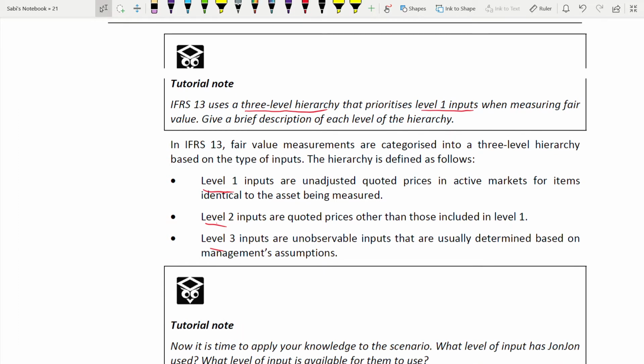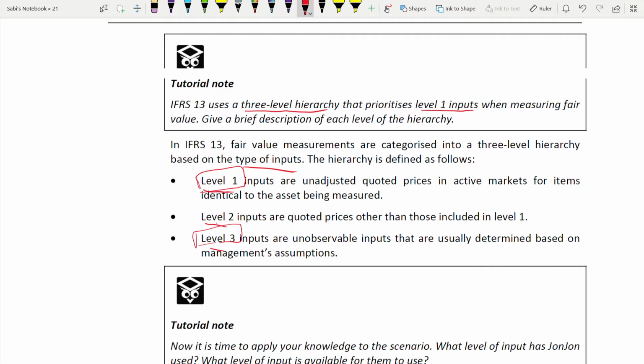So we know that fair value measurements are categorized into 3 levels, okay? It is based on the type of inputs that they are using. First, let us start with the level 1. Remember, level 1 is the most safe. If level 1's inputs are there, you should always go by the level 1, because it is the safest, and the level 3 is the most dangerous. We always usually try to avoid. But if we are not getting any input from level 1 or level 2, then the last resort is level 3. Otherwise, we don't use level 3. Okay, and level 2 is definitely somewhere between level 1 and 3. It's moderate, neither too good, neither too bad.